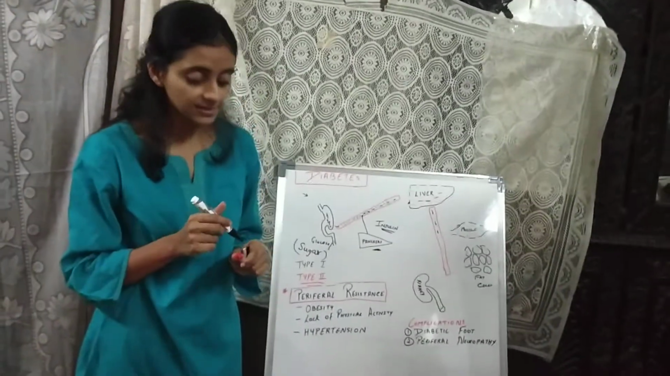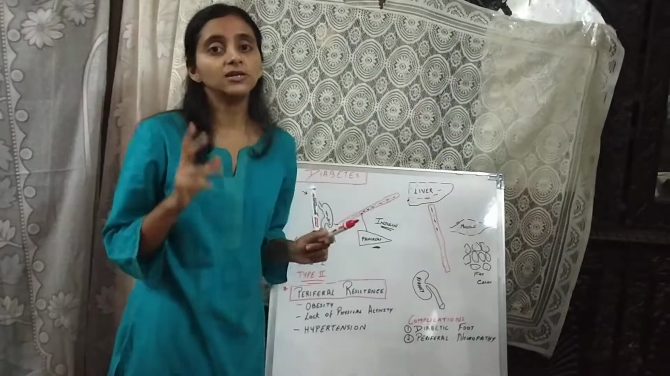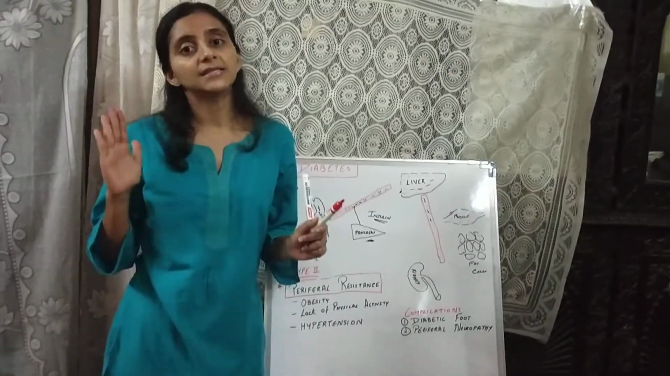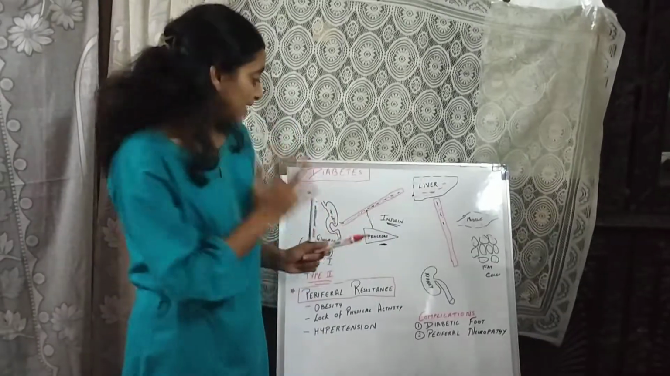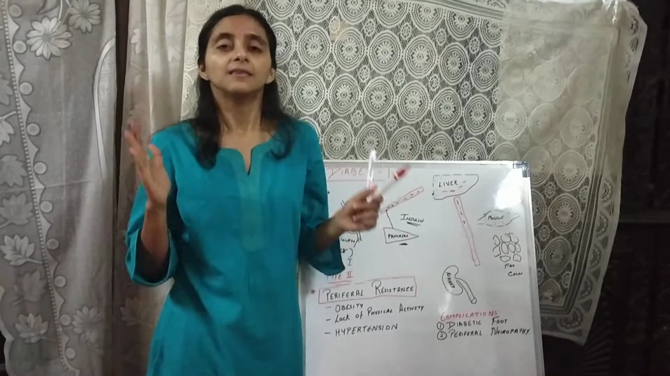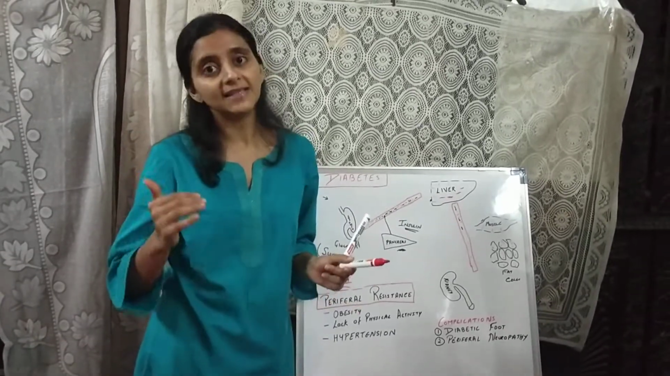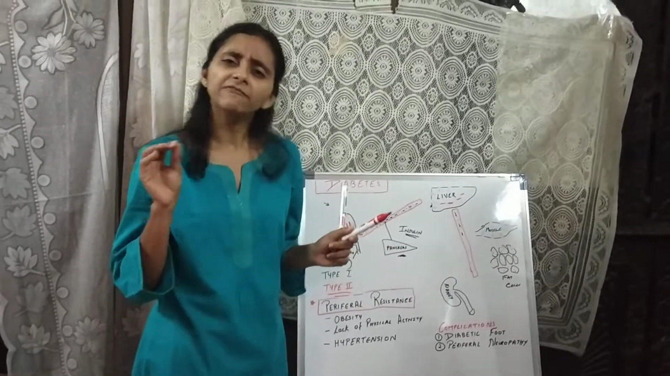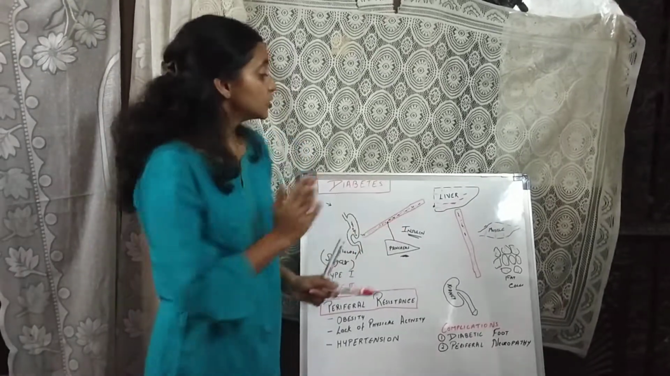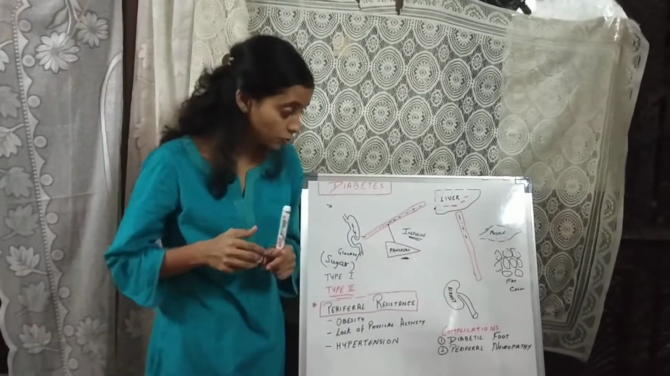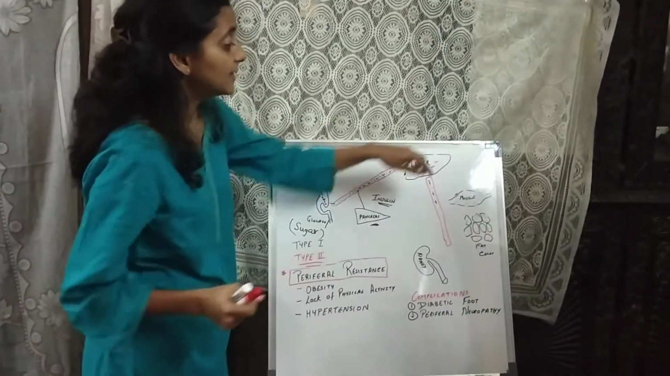Now what happens in diabetes? There are two forms of diabetes: diabetes type 1 and diabetes type 2. In this lecture we will be focusing on diabetes type 2, because the maximum population has type 2. Type 1 is very rare and very few individuals have it. So we will be concentrating on type 2 diabetes. Now what happens in type 2 diabetes is that the organs